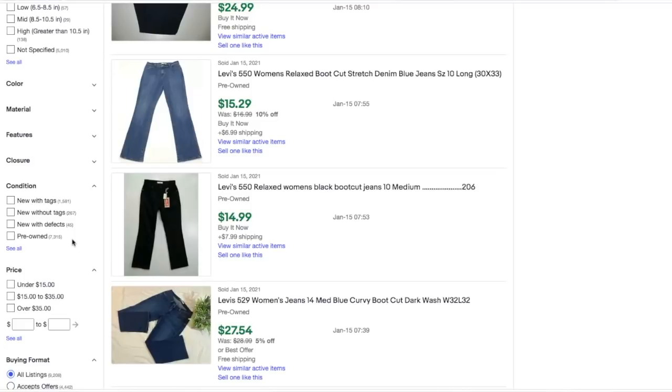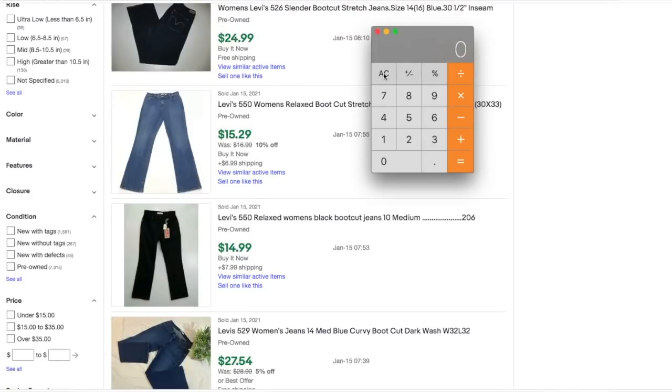But now let's see what the actual sell-through rate is. We need to know what the 30 days are, not the 90 days. I always like to look at 30 days versus 90 days. So the 90-day total solds was 8,856 divided by 3 months. That's 2,952. Now let's go find our 30-day sell-through rate. We got 2,952 divided by the total number of active listings is 0.115. So that is 11.5%. So the sell-through rate of women's Levi's bootcut jeans is 11.5%, which again is pretty decent